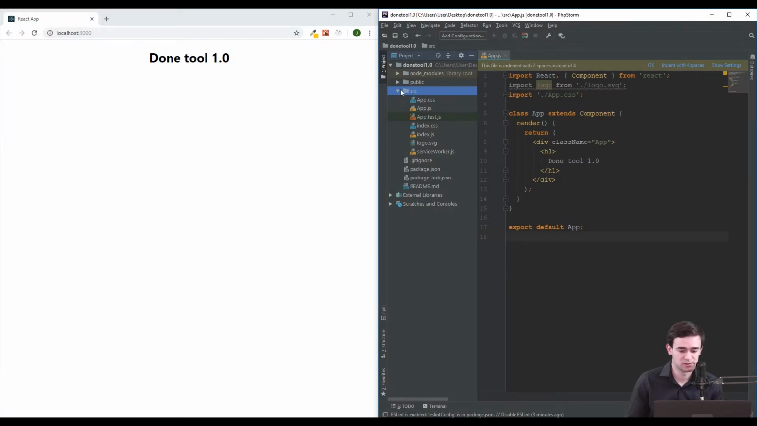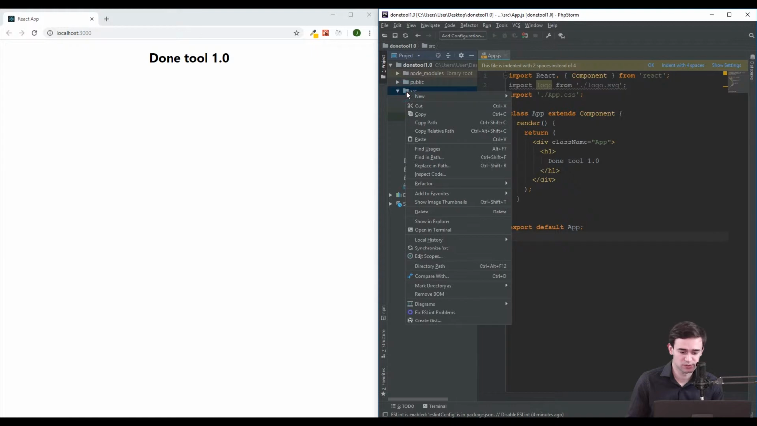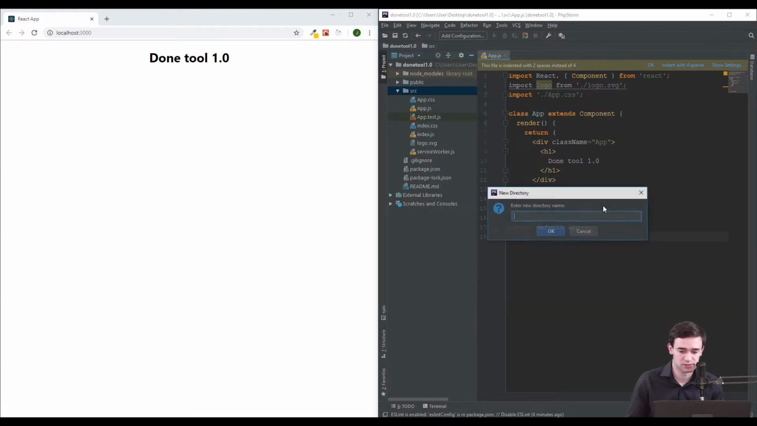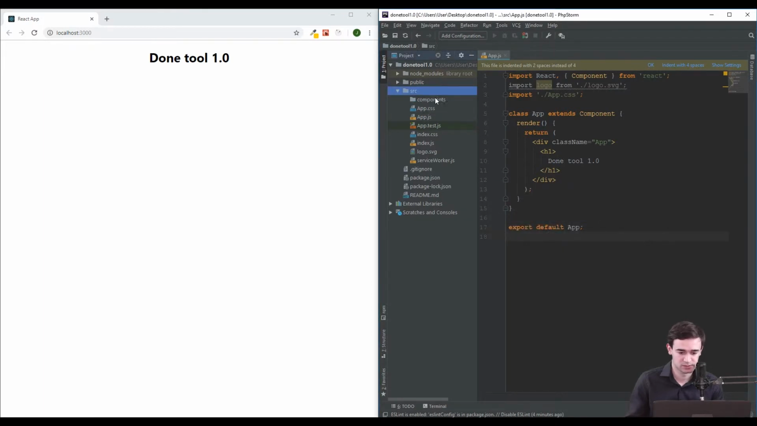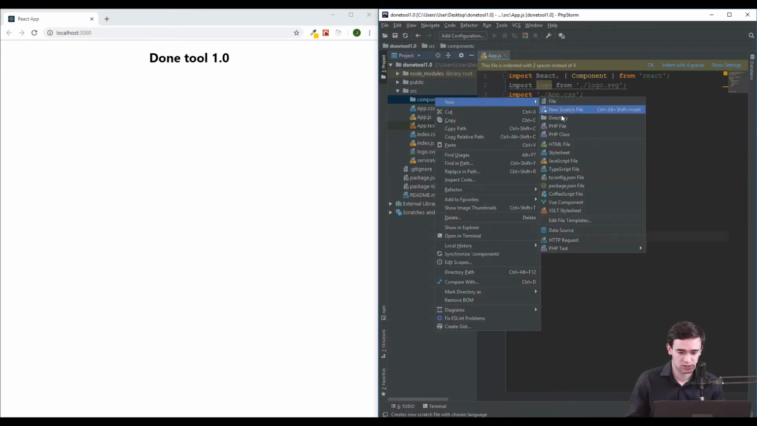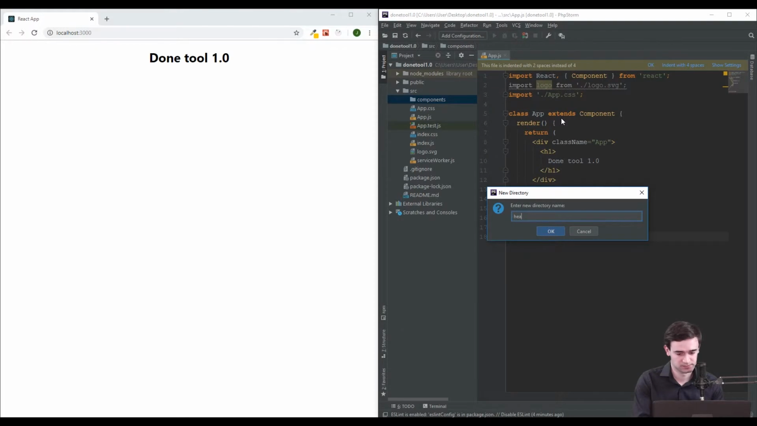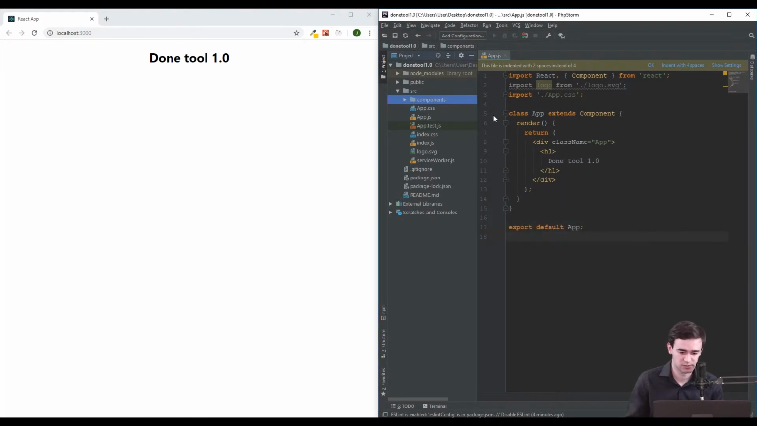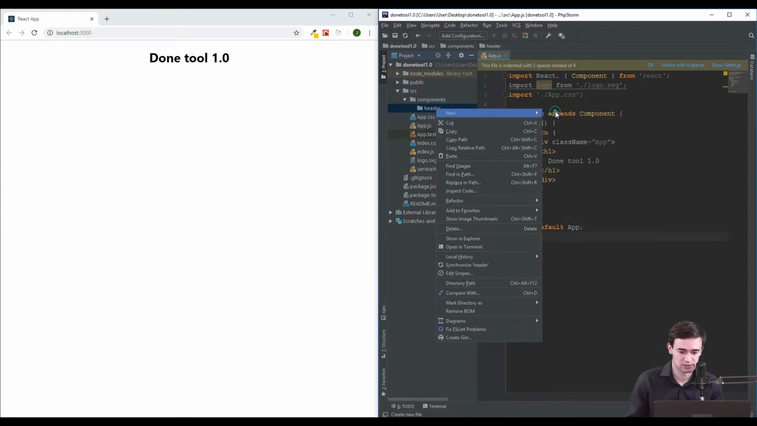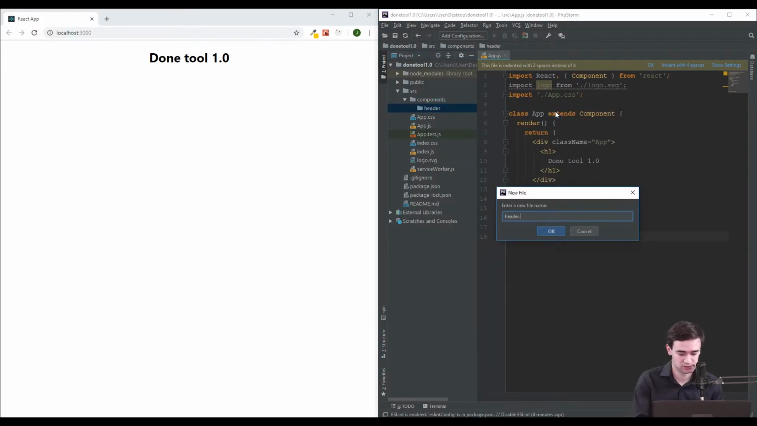Now, if you are already familiar with React, you will know that React apps consist of so-called components. So here in the source folder, I'm going to create a new directory, components, and one more folder here, header, because I'm going to start from the header, and inside of this folder, header.js